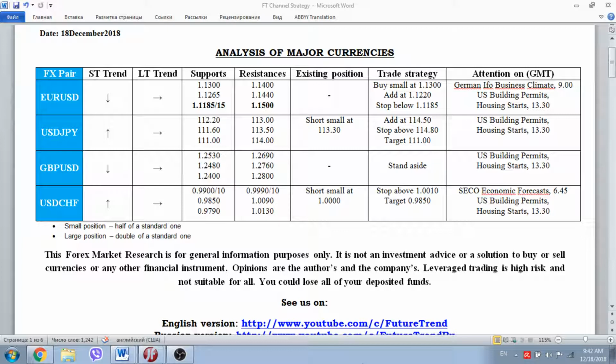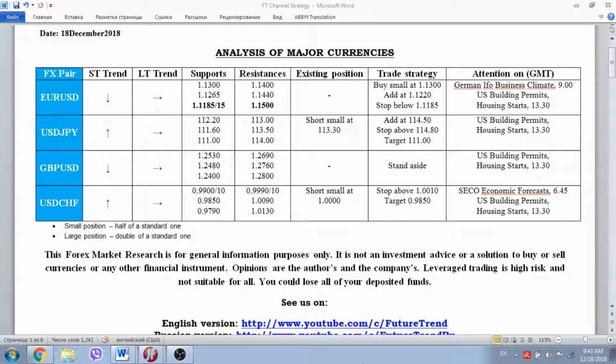Today is 18th of December 2018. We are closer and closer to a decisive moment of the end of 2018. The Fed's meeting, the Federal Open Market Committee meeting, should probably lay the ground for the shorter to longer term trends in the foreign exchange market, in different kinds of currency pairs that are trading in the world financial markets. Today, in the framework of today's analysis, we'd like to concentrate your attention on four probably most liquid pairs.